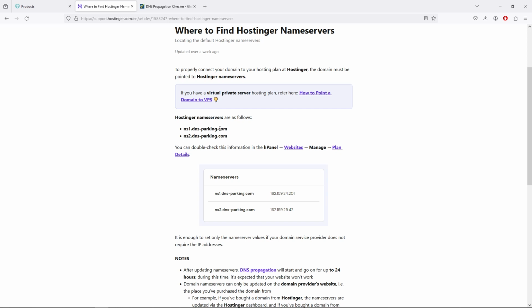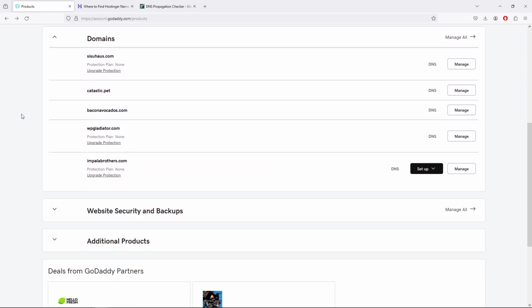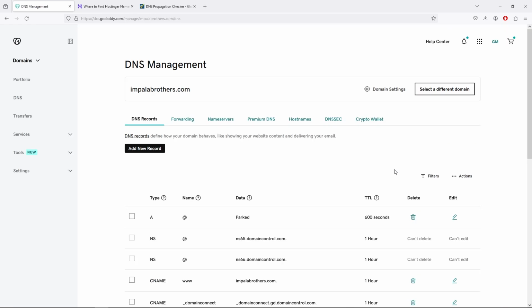So you want to copy those servers, and once you have done this, go to your domain name provider. In my case, it's going to be GoDaddy.com. It is the most popular place to get your domain name, so I think this example is going to work just well. Alright, so once you are in the panel of your domain name provider, you have to locate your domain name and you want to look for DNS adjustments. In my case, I can see them right here. In your case, it might be DNS as well, or it could be DNS management or something like DNS settings. You want to click on this option,